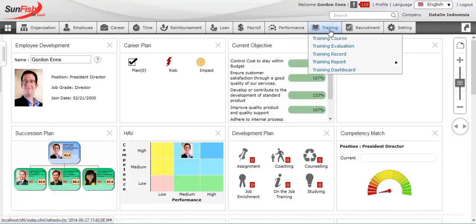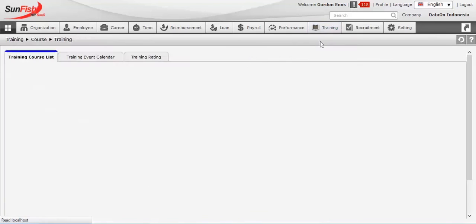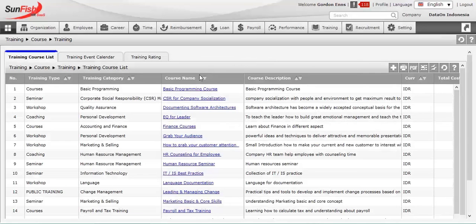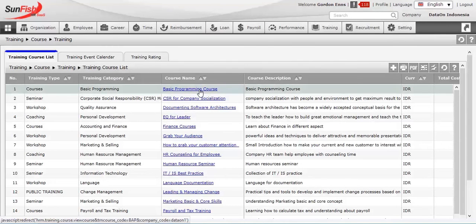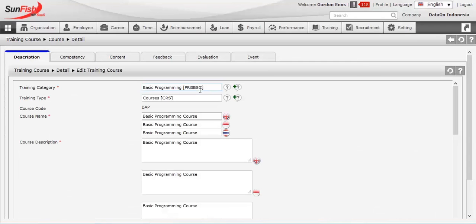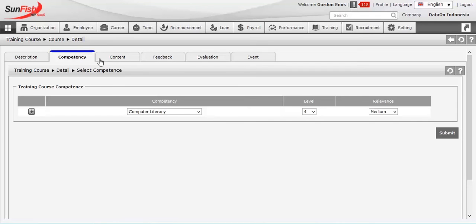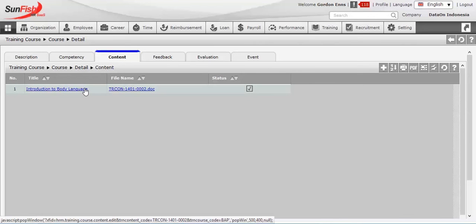SunFish Training Administration helps manage training course scheduling and track the effectiveness of training. Administrators can manage training from the Training Course submenu. Editing a training course allows the user to configure basic course information, link courses to the competencies they help develop, attach training content for the attendees, and